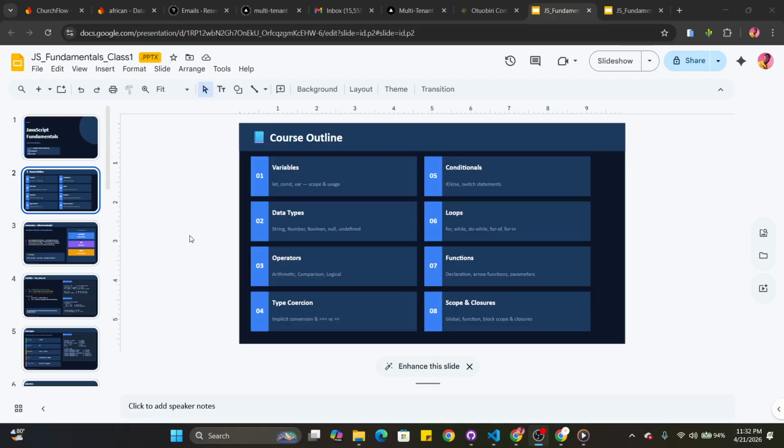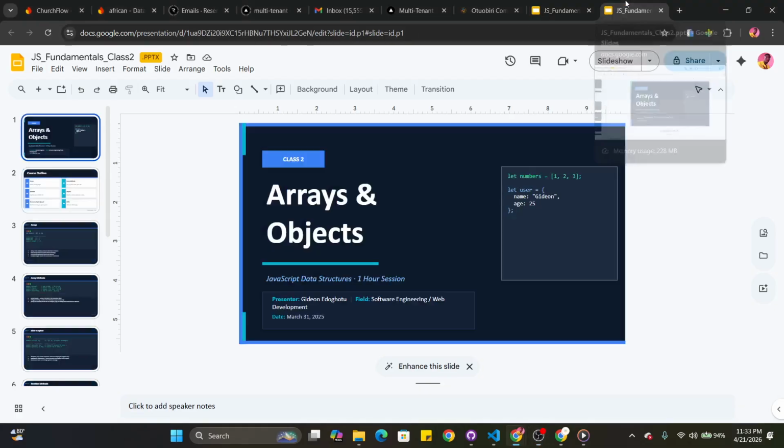For our last class, we were able to look into variables, what variables are, data types, operations, type creation, conditionals, loops, functions, and scope. And I believe you were able to comprehend what these concepts were and how important they are to our journey in JavaScript. Okay, so today we'll be looking into a new amazing concept, which is arrays and